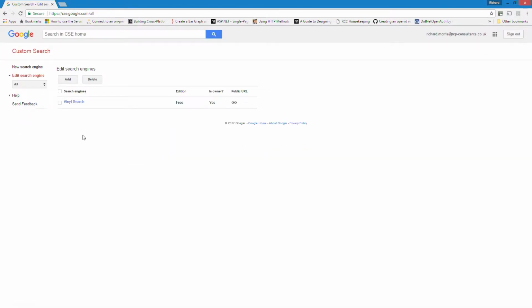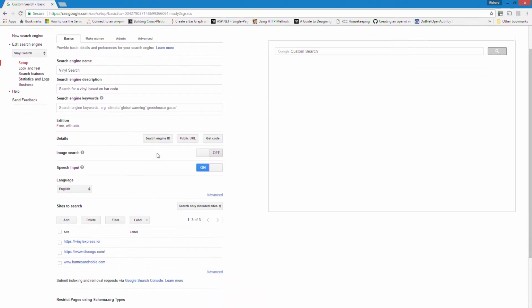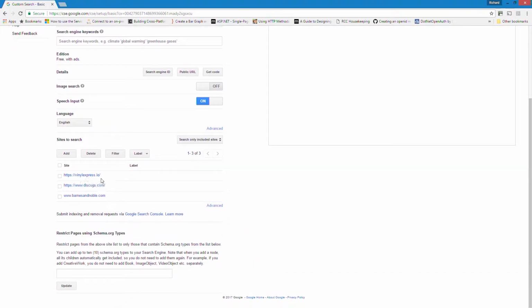So I'll go to the control panel. And this is the control panel, takes you straight there. Now it's pre-logged me in because I'm already logged into Google, I've not logged myself out. So this is my vinyl search. So this is the one I'm going to be using, and I'm limiting the search to Vinyl Express, Discogs, and